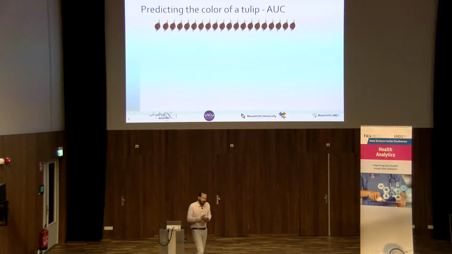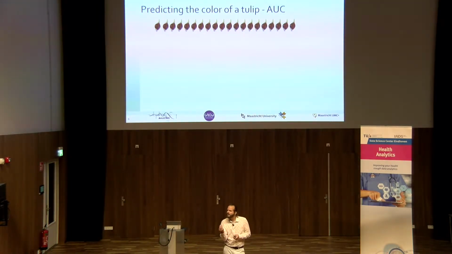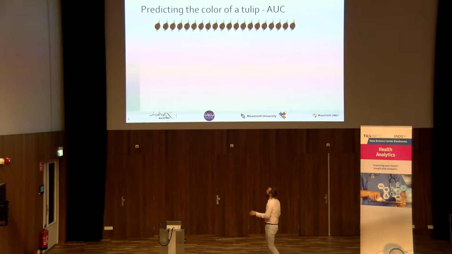So you hire an expert. You hire a tulip expert, and you tell the tulip expert, pick up a tulip and see from the outside with all your knowledge what color it will become. And put the ones you're sure are going to be pink on the left-hand side of my field, and put the ones you're sure are going to be yellow on the right-hand side of the field, and put the ones you're unsure about in the middle. It's called an ordering experiment, where you test the outcome of a prediction. And of course, you know that 50% of your tulip bulbs are yellow and 50% are pink. But the question is about individual predictions now. This tulip bulb, what color will it become?